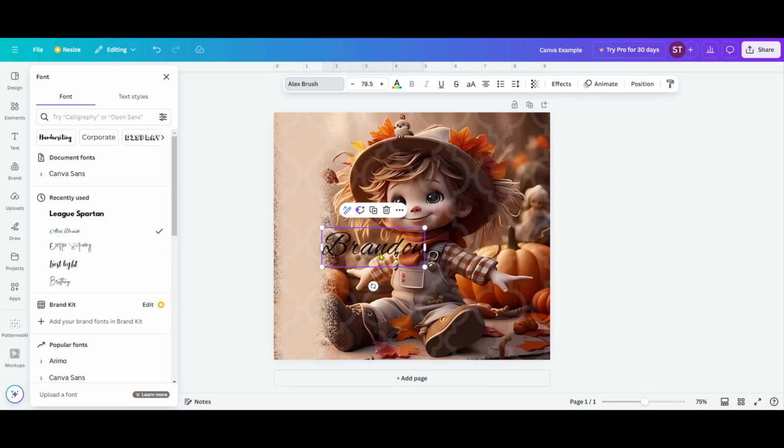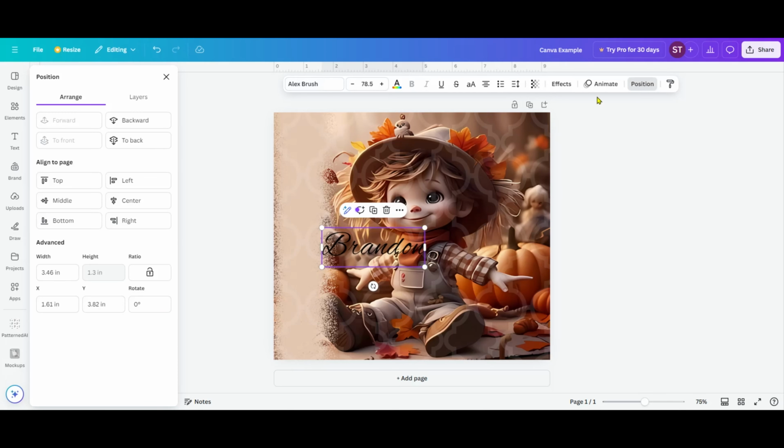Now, the next thing I want to do is, right now it is horizontal on my page, and I want to make it vertical. So I'm going to come over here and click on top right. I'm going to click on position. I'm going to come down to the bottom of the left-hand pane where it says rotate. I'm going to click on that. I'm going to put a -90